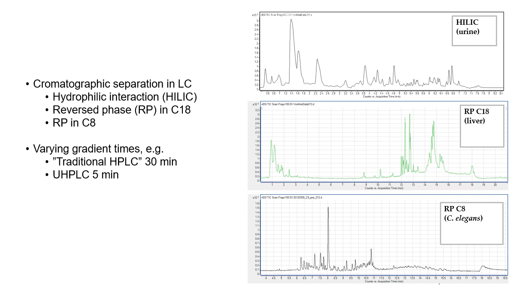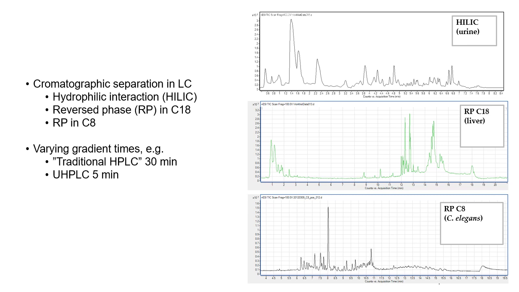So for example, here in the middle you can see that there is a big clump at the end of the chromatogram. So that is representing lipids in the sample. And if you put those to a C8 column, then you can better separate. So this part is now the same that is at the end of this C18 column. So C8 is suitable for lipid analysis and typically the choice in lipidomics setups.